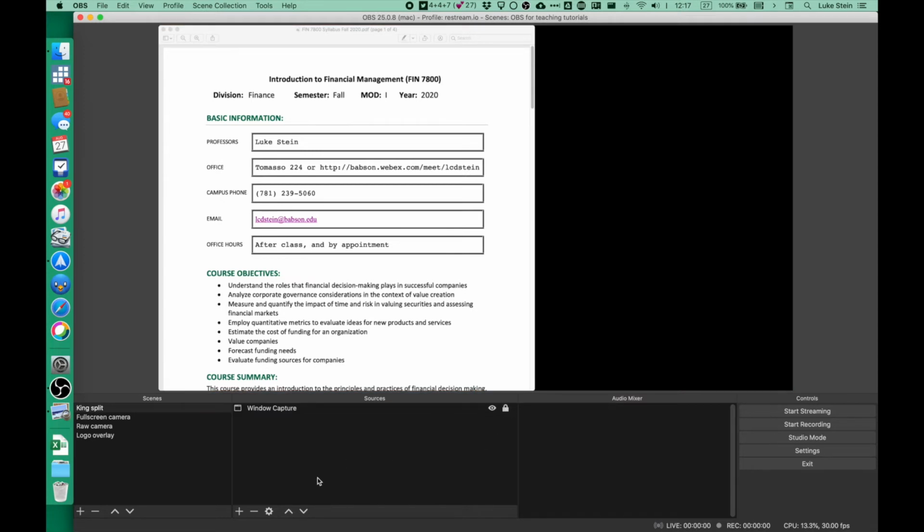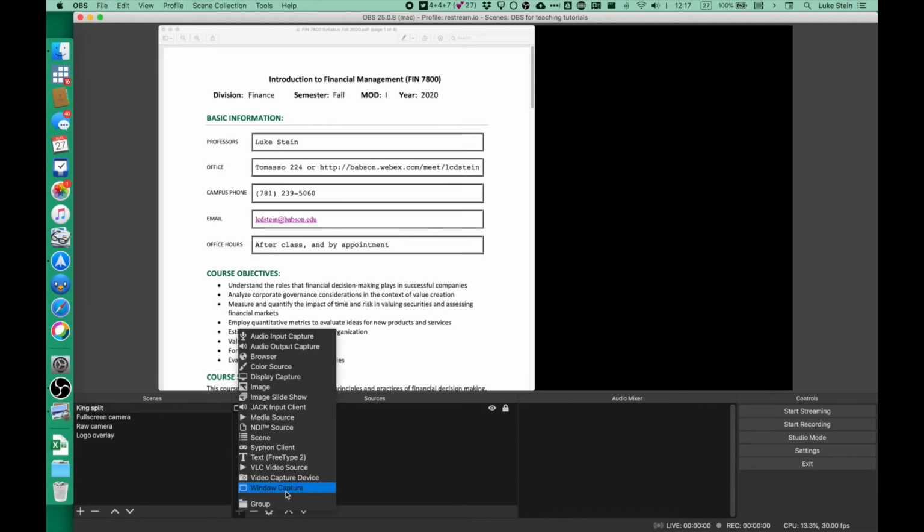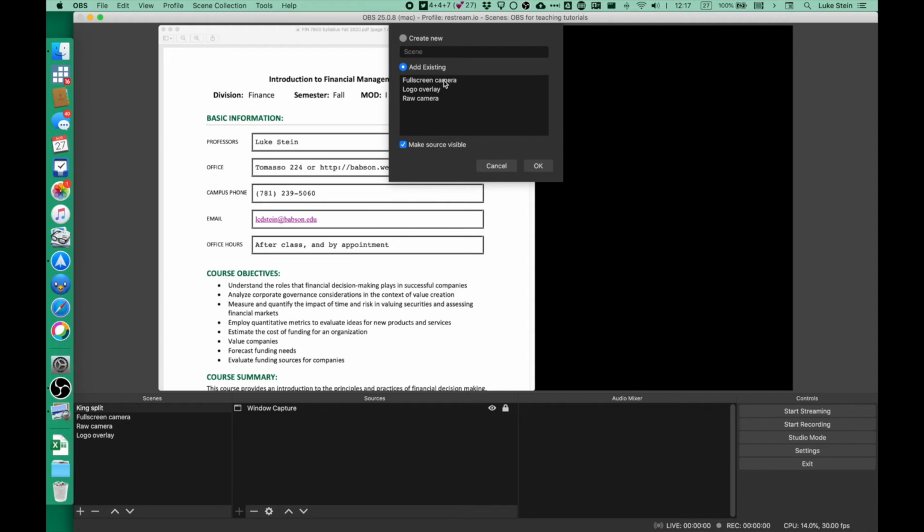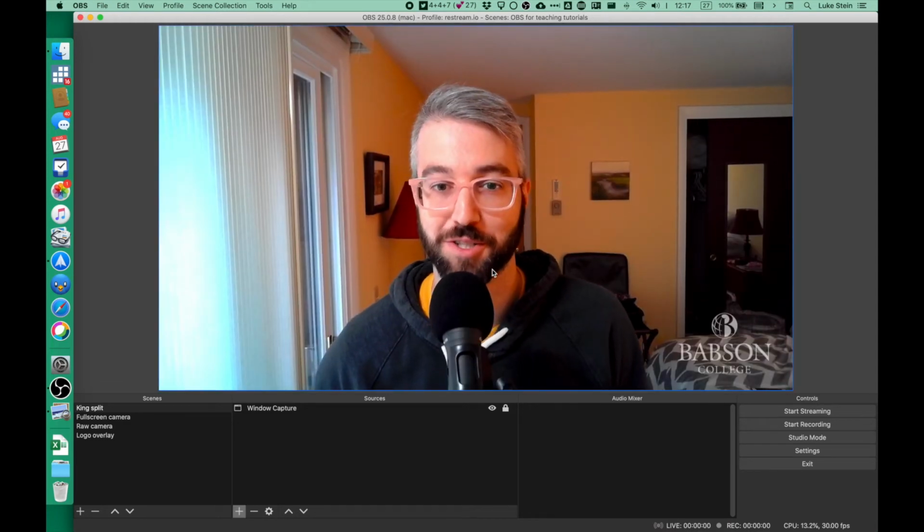Now I want to add my camera over on the right-hand side. So I'm going to add not my video capture device. I could do that. It would work. But again, I want that flexibility to have only added the webcam in one place in case I want to change it later. So I'm going to add a scene. And the scene I'm going to add from my existing scenes is going to be the full screen camera, which of course initially is just going to totally cover up